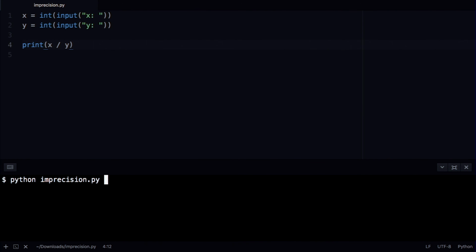Prompt the user for an input called x, converting their input to an int as always, asking for x, and then defining another variable called y, this time converting to an integer the user's input after prompting for y. And then quite simply, I'm going to print x divided by y. Let me go ahead and save this, and in my terminal window, run python of imprecision.py, hitting enter here, typing in,